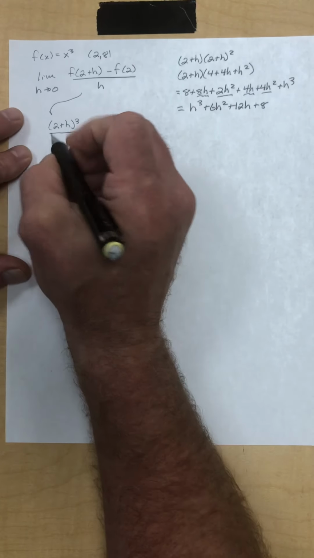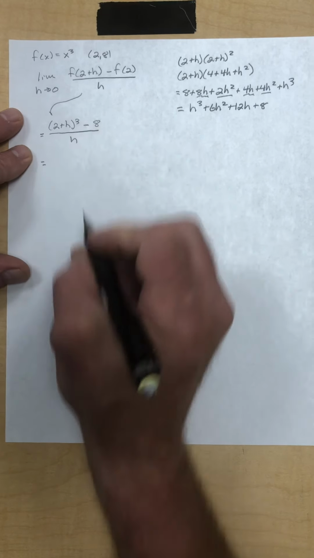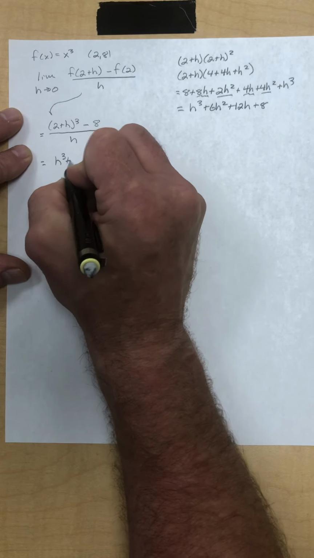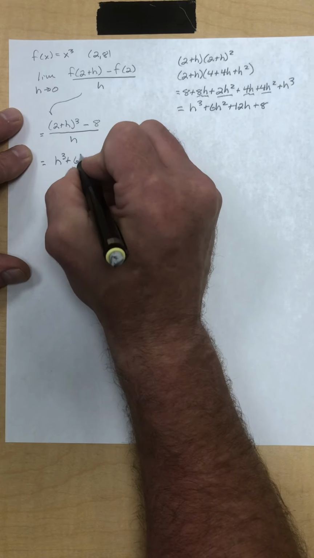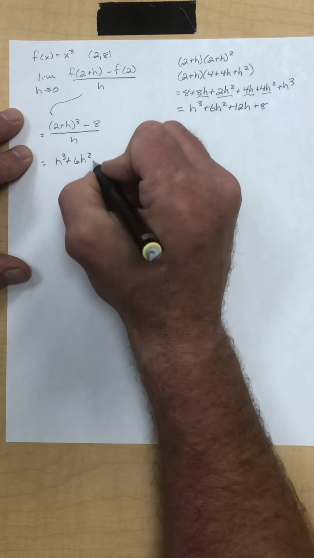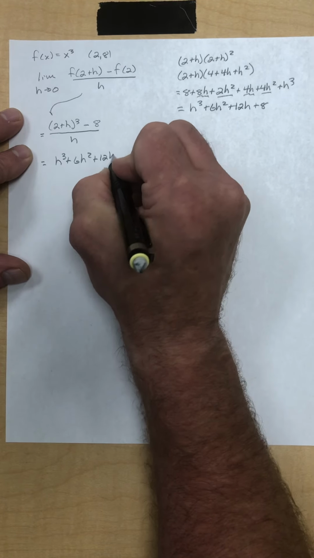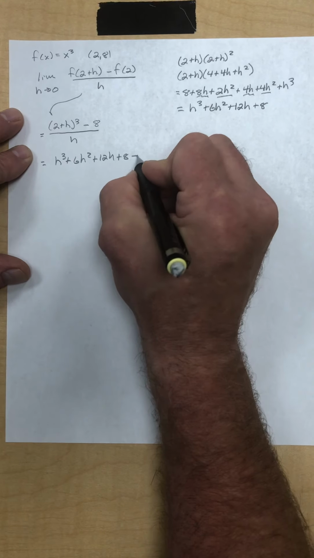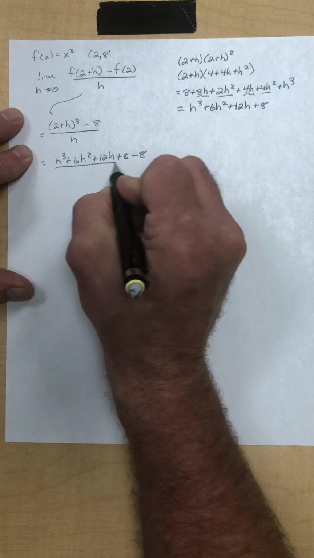All right, so I've got h cubed plus 6h squared plus 12h plus 8, and then don't forget this minus 8, so obviously those 8s are going to cancel each other off,